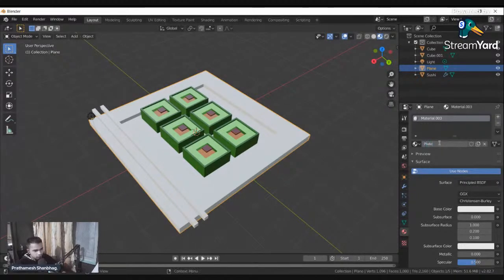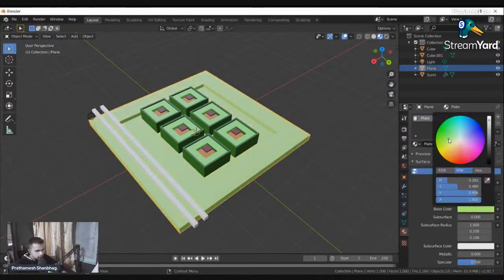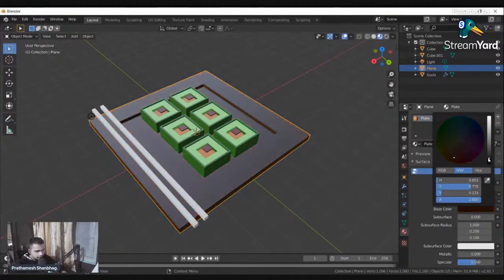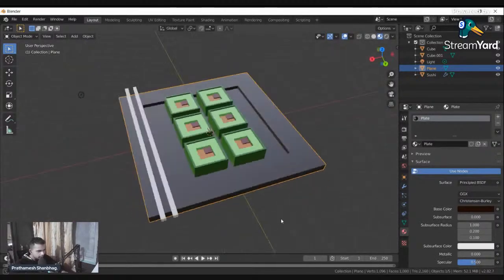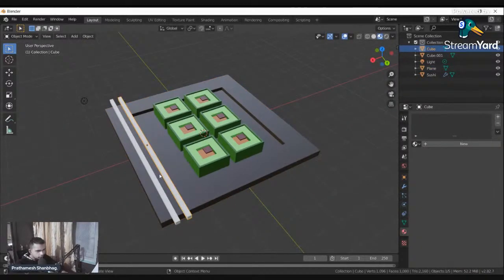You can name it if you want, and click on color. Just give it any color you want. I am going to go red and going to go dark so that we have a little black plate, typical in sushi restaurants. And for the chopsticks, we are going to give it a wood color.